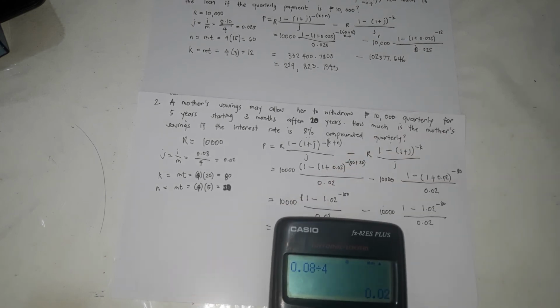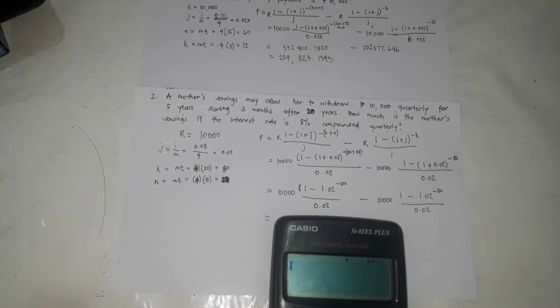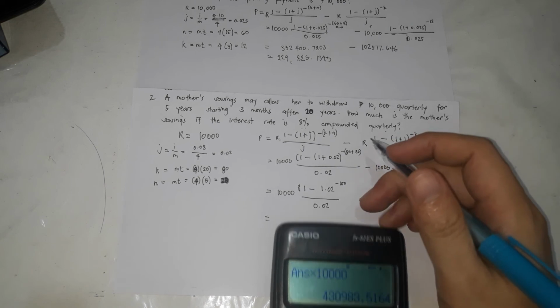So 1 minus 1.02 raised to the power of negative 100, that's in the numerator, divided by 0.02 times 10,000 is